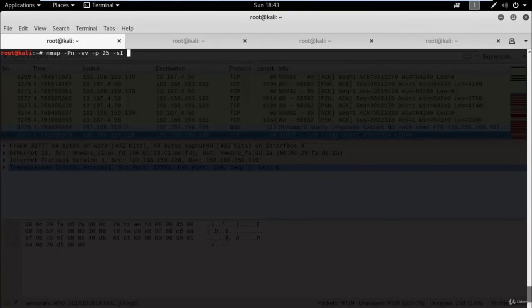Define the zombie device IP address, 192.168.159.130, and let me give the target device IP address, 159.166.